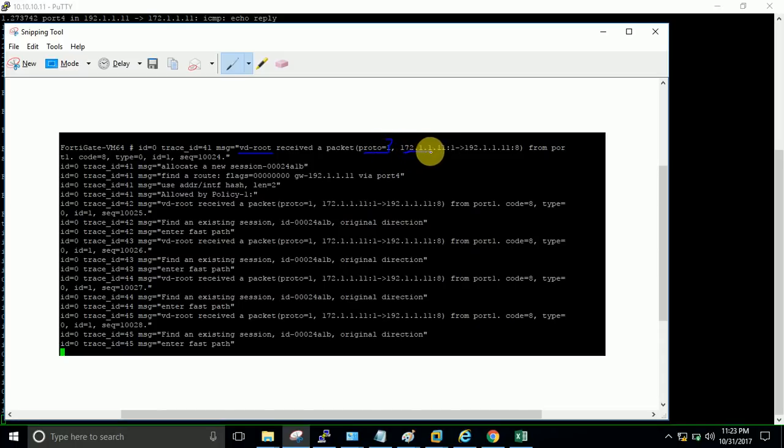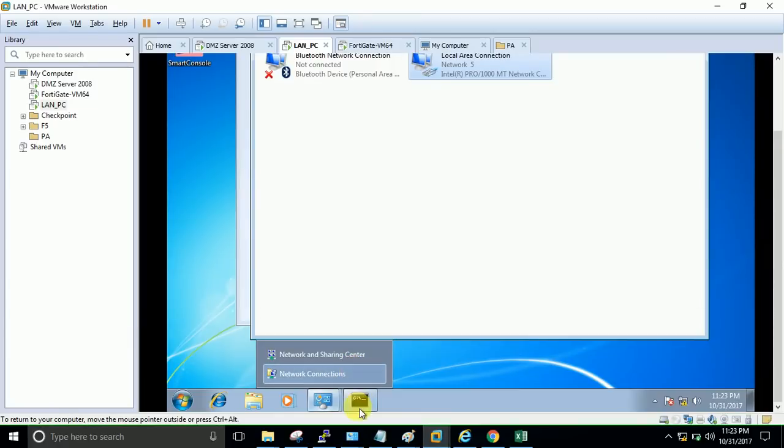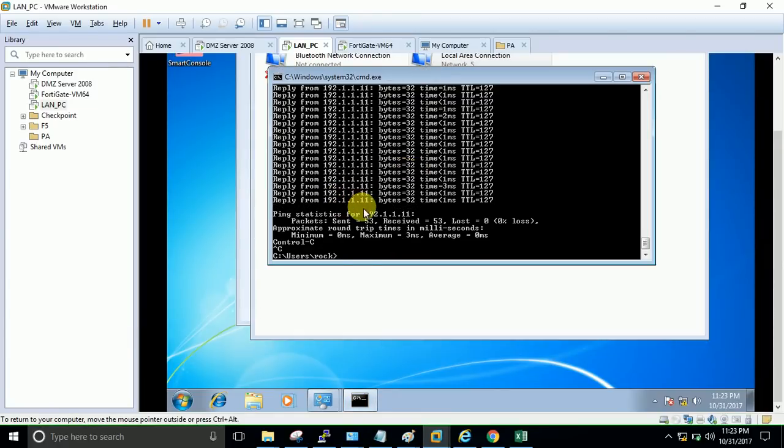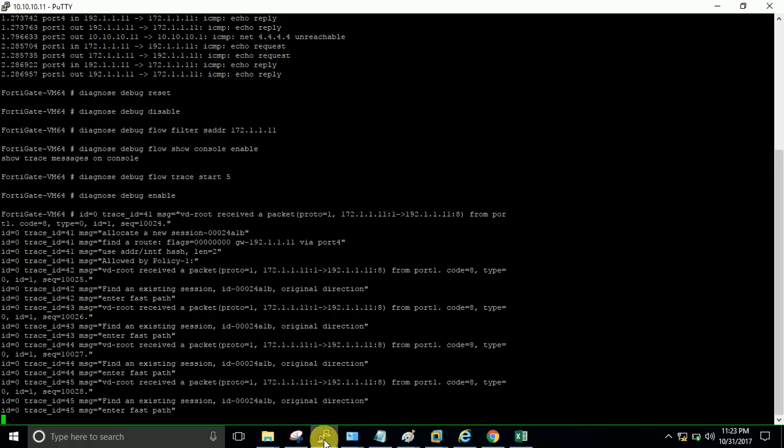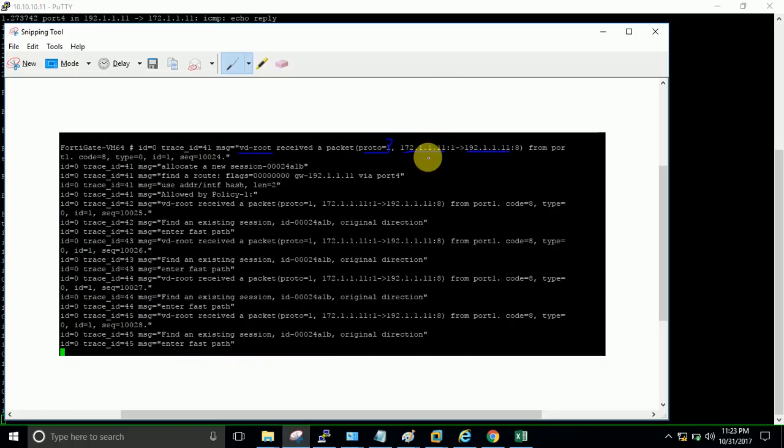So 172.1.1.11 is pinging 192.1.1.11. Okay, what we have done here is we have pinged this IP address from 172.1.1.11 from port 1. So it is clear from here that our packet is hitting a specific port. Alright, because in my debug commands I have not mentioned any port number, so we came to know it is